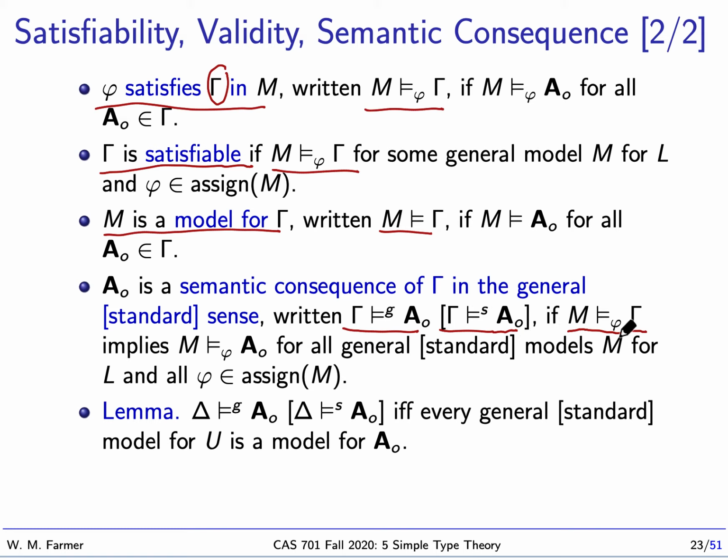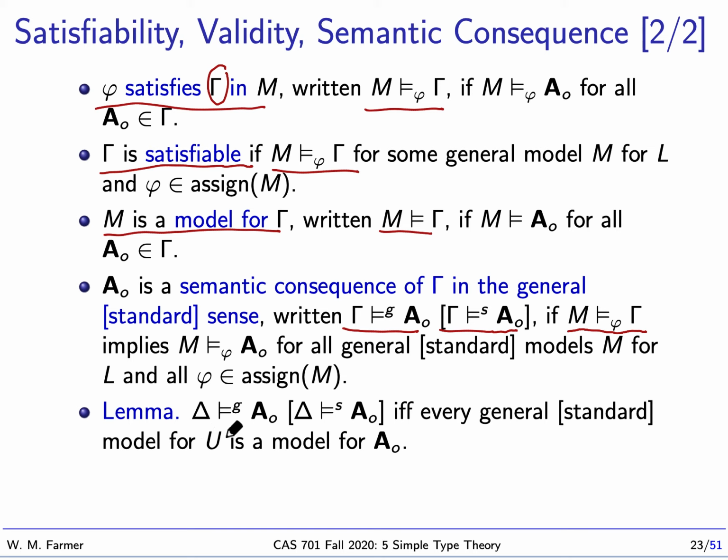if phi satisfies gamma in M implies phi satisfies A in M for all standard models M and all phi that are assignments into M. Okay, now this is a little bit complicated because this definition allows gamma to include free variables. If we restrict the formulas in gamma to be closed formulas, so that's what we assume for delta, delta is a set of closed formulas,